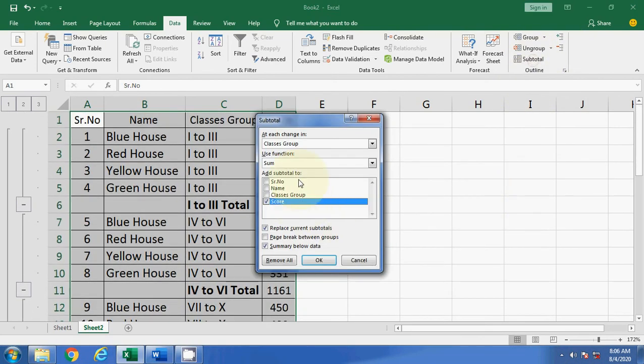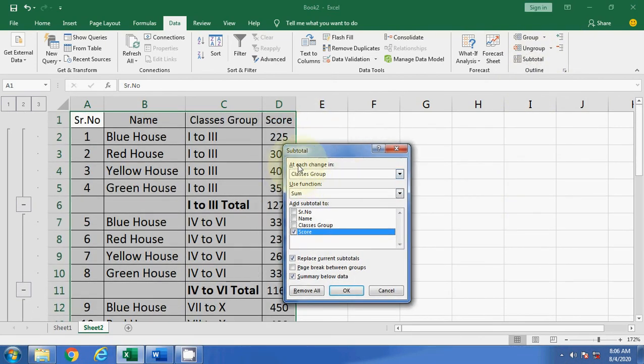So whatever data you are selecting, that matters a lot in this Subtotal dialog box. At the first option, At each change in, if you are selecting something else, that option will represent something else. So whatever you are going to select, you have to select wisely from here, according to your data, so that you can perform organizing and grouping. So I hope you understand this concept.